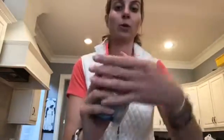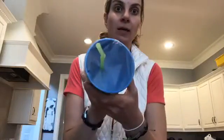So then you just simply take this plastic wrap, it's the Glad press and seal wrap, and you put it over the top of the cup like that, right? That has your stuff in it. And then you literally just pop a straw in it like that. And it kind of creates a seal. It's not 100% seal tight, not going to have a drip or a drop, but it'll do the trick